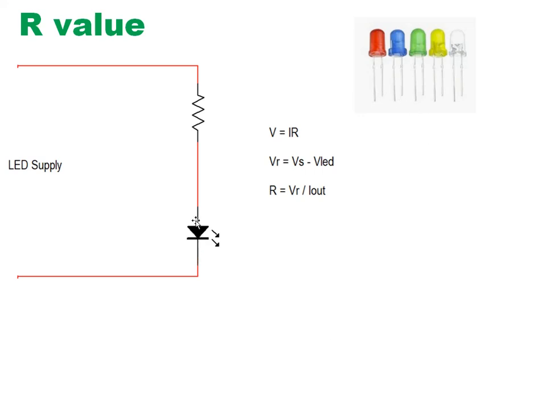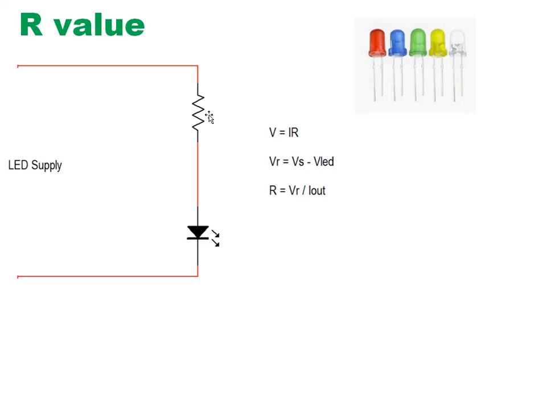We have to connect the anode to the positive side of the supply and the cathode to the negative side of the supply. As the internal resistance of the LED is very low, we have to add an external resistance so that it will not spoil the LED. Here we connect the external resistance as shown. How much value do we need for that external resistance? This is a very fundamental thing here.